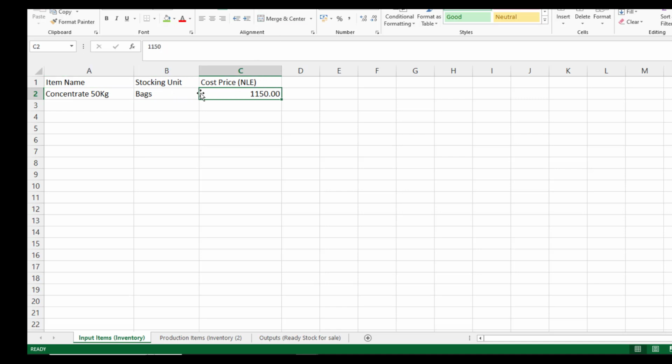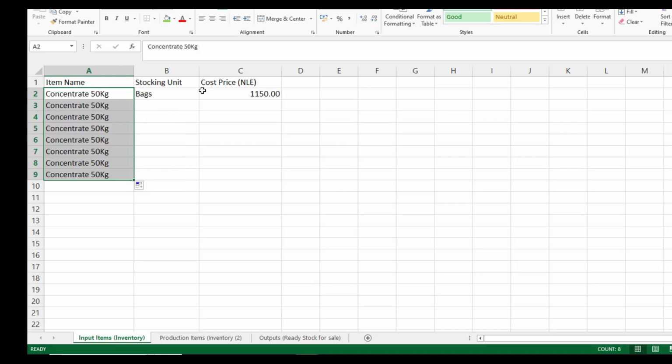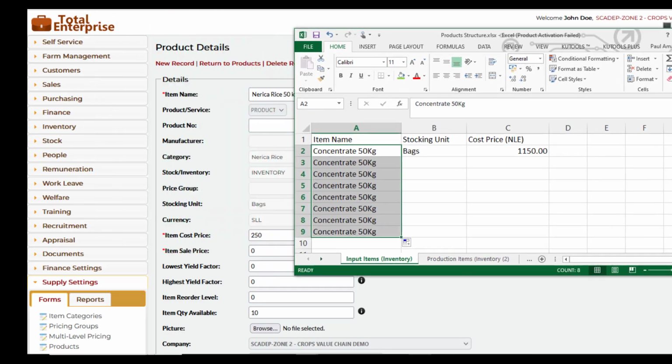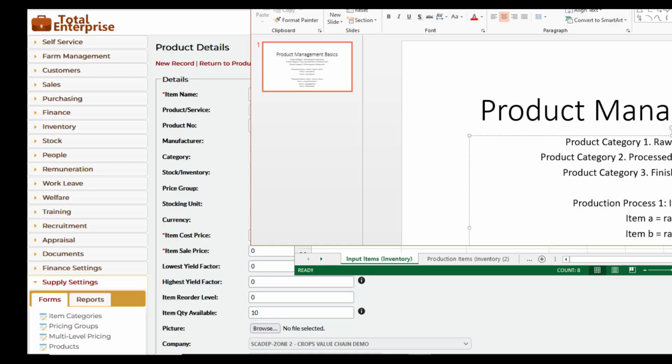Now, I advise that if you've not had any paper records per se to manage your product, your inventory, that you begin with this Excel spreadsheet format, and then you capture here all your items, which are input items. Remember, input items will fall in the category of